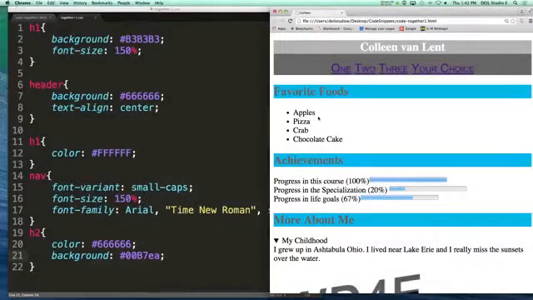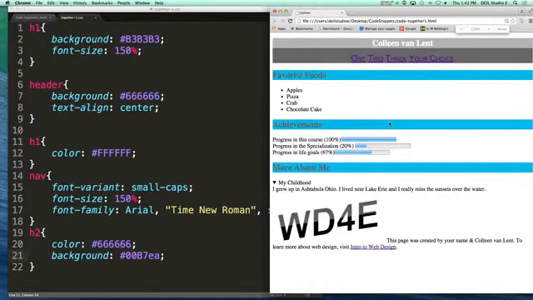All right, it's starting to look much different. This isn't a lot of style. It's only 1, 2, 3, 4, 5 rules, and we already have a much different look. I'm going to go ahead and make the screen smaller because when I put in that font size 150%, it makes a big difference. All right, one kind of last cool thing I'd like you to try to do is